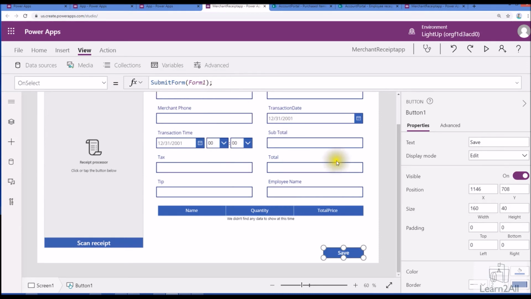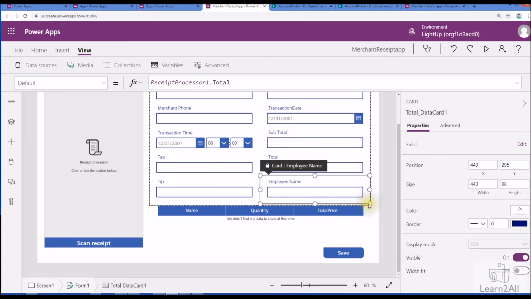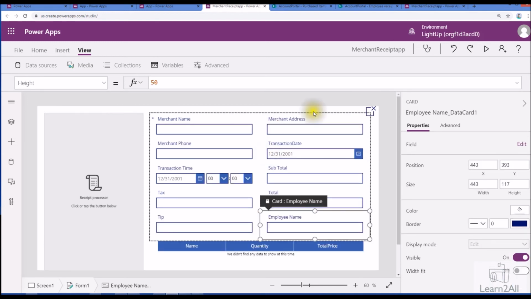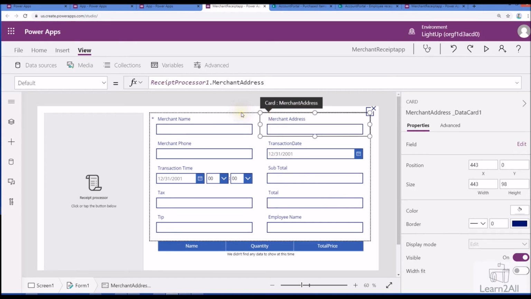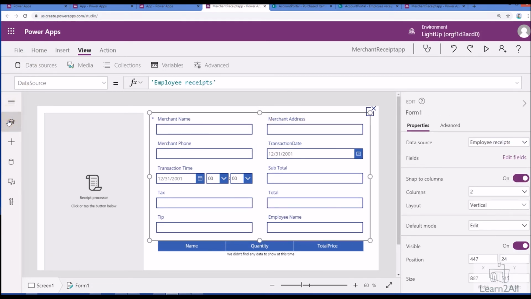So it will submit this form, but with this form we need to also submit the detected items into another list, and in that we need to also bind the last submitted ID of this particular form, right? So how can we achieve that? So this is the functionality of bulk insert. So for that what we need to do here is, once this form is submitted successfully, on success event we need to write one formula. So let me show you that thing.